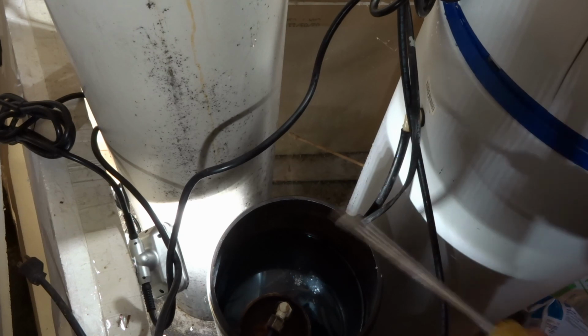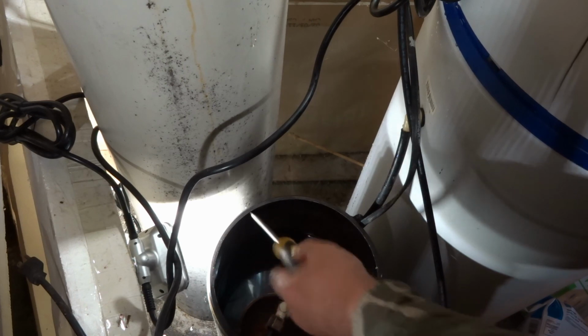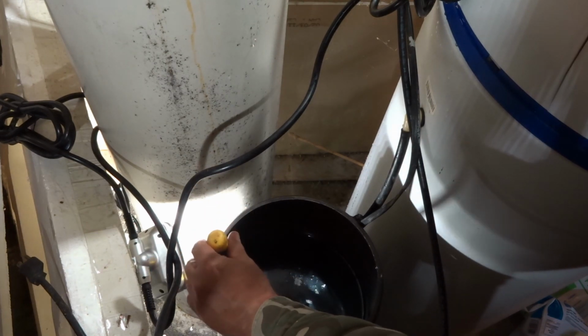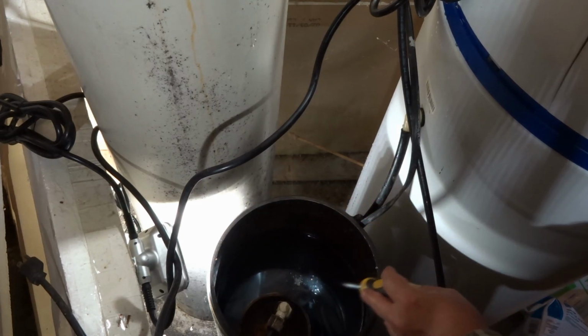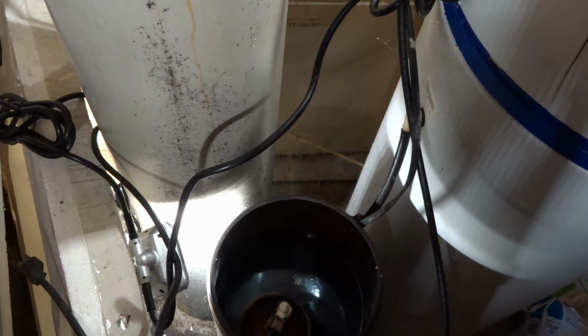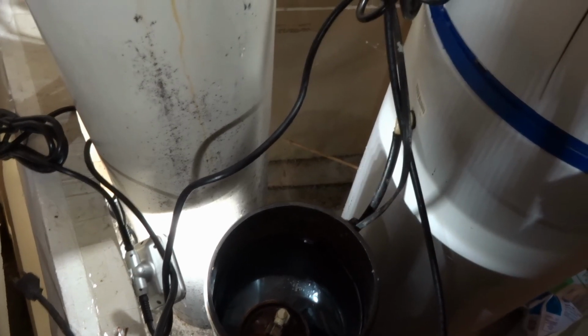Before we test, one thing I'm gonna do just to make sure that everything's working fine. I have a screwdriver here, and when I put this down here, the screwdriver just barely touches the surface of the amount of water that's down there, or mixture, brine, solution, or potassium permanganate in this case. And I'm going to move the switch here. I still don't have this plugged in, so it's going to stay at its position no matter what. So we're going to come up here,